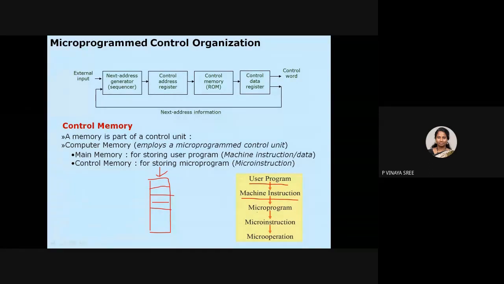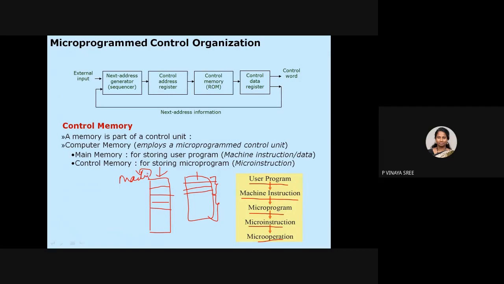Just now I said the control unit will have microprograms, and the microprograms will have a set of microinstructions, and those microinstructions internally will have micro-operations. Some microprograms, fetch and decode, are common. Why? Because first you need to fetch in order to get the corresponding signals for a machine instruction. First, the control signals that are generated have to be fetched. For that, this is common. First we need a fetch, next we need a decode. Fetch and decode are common for the corresponding control signals.